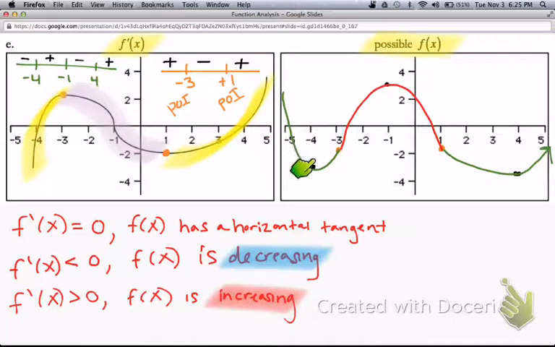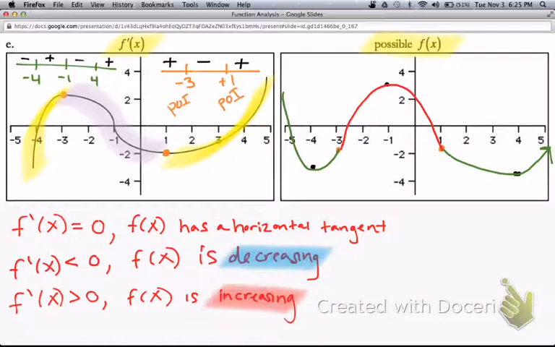It goes from decreasing to increasing to decreasing to increasing. And according to the second derivative, it goes from concave up to concave down to concave up. And you guys can see that from the graph. So I want you guys to try that now